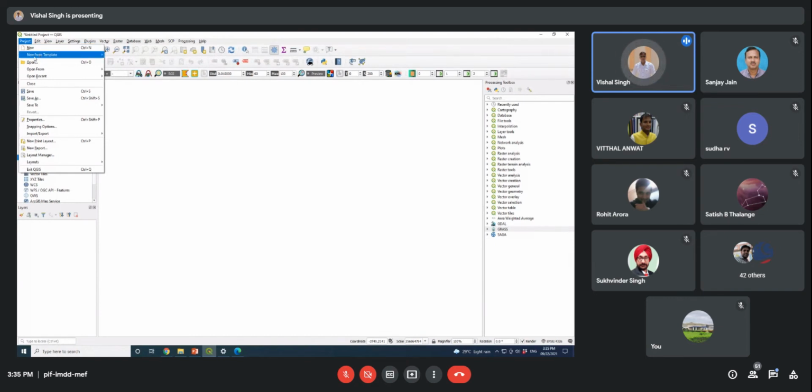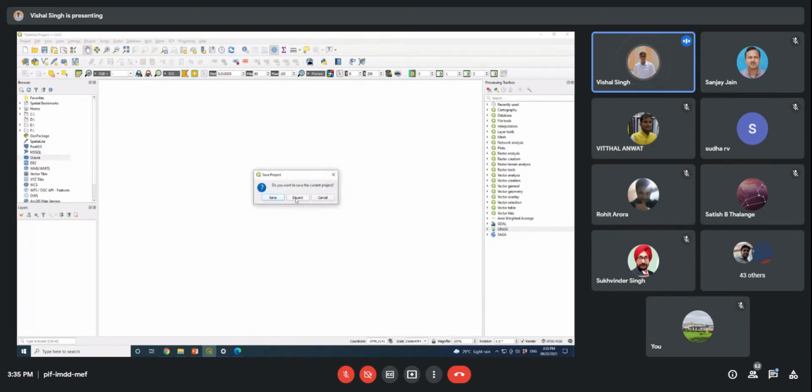This is another thing. Then the Open option is there. Suppose you have successfully saved the project; using this Open function, you can open the existing project.